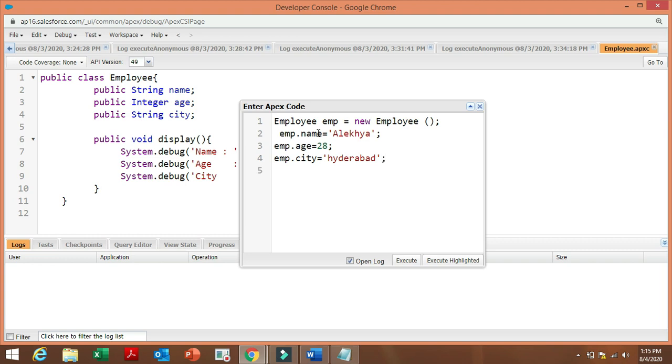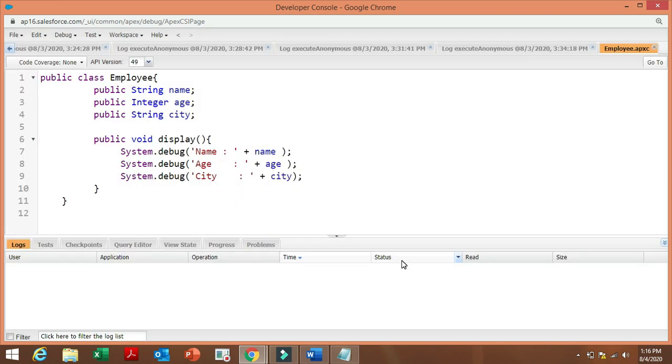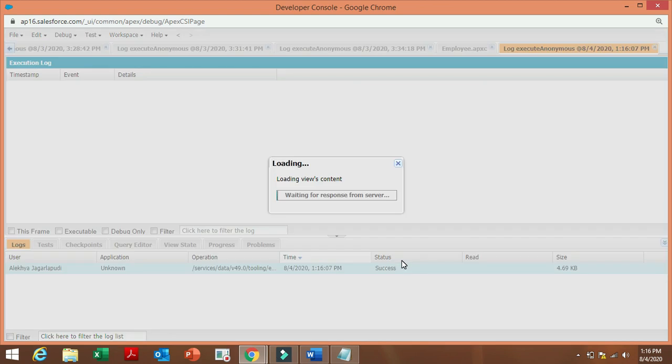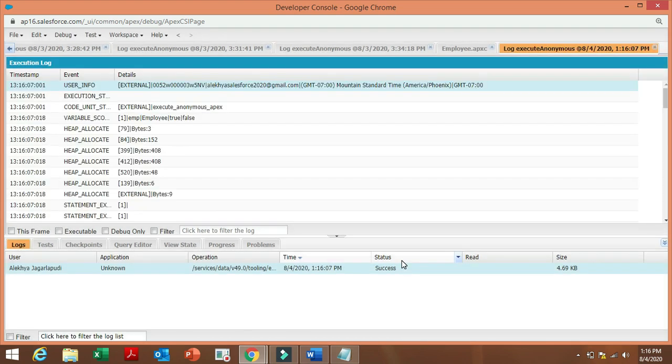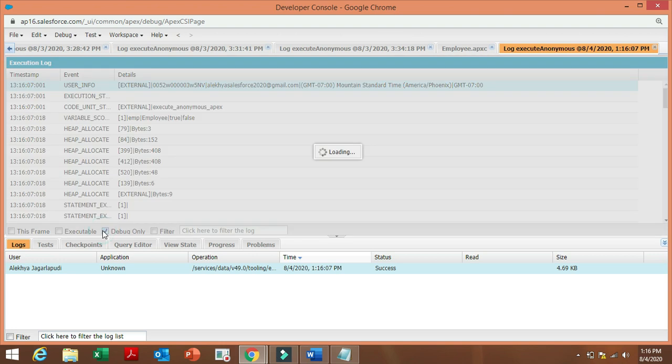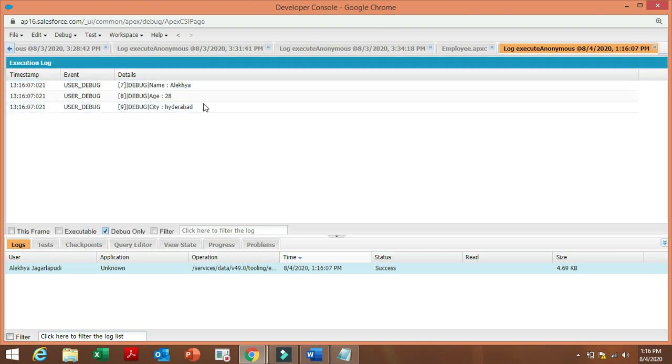Let's see by including the method. So it's executing now. See, all the details are displayed in the debug log.